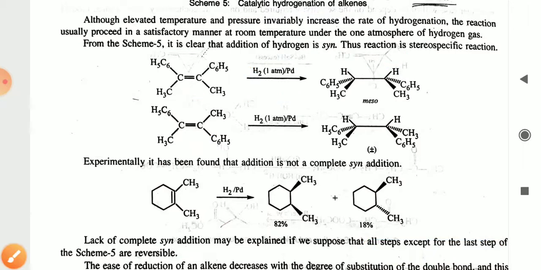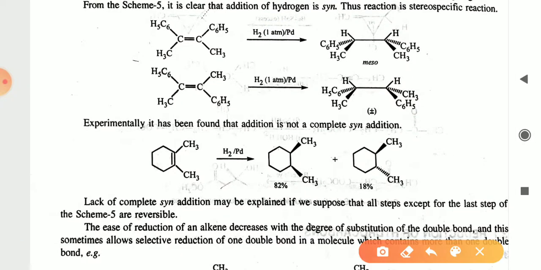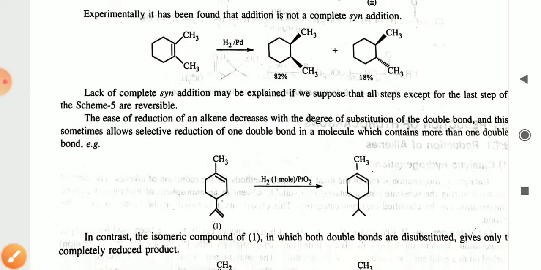Okay, so next is the double bond of benzene. The double bond of the benzene is reduced in the presence of 2 moles of H2 and the palladium catalyst. Okay, so this kind of addition is a syn addition. It may be explained because the trans reactant makes the trans product and the cis reactant makes the cis product.